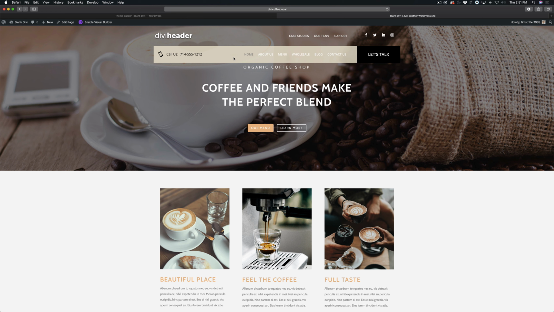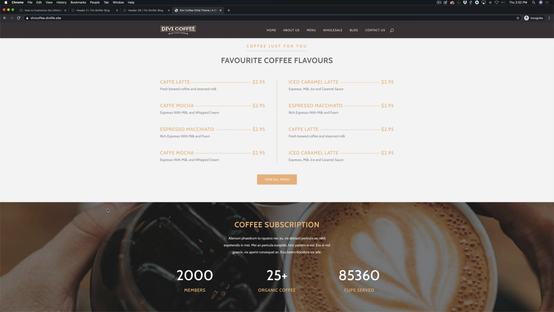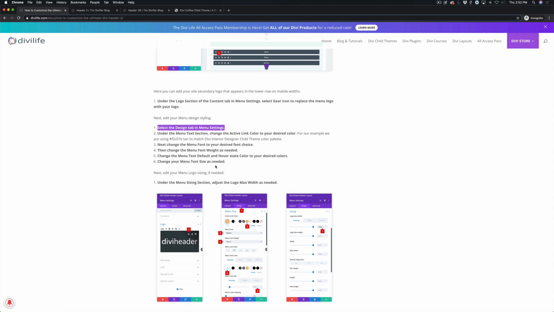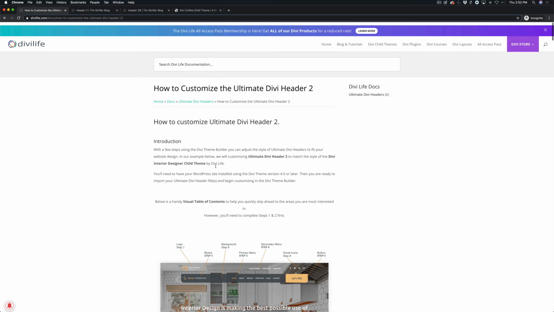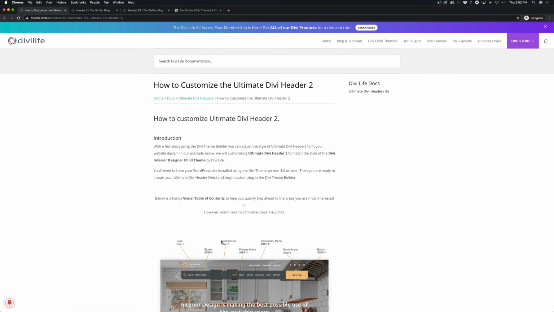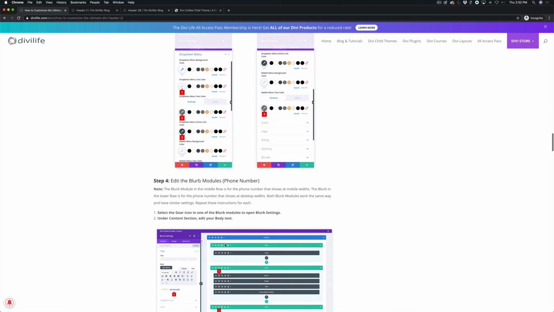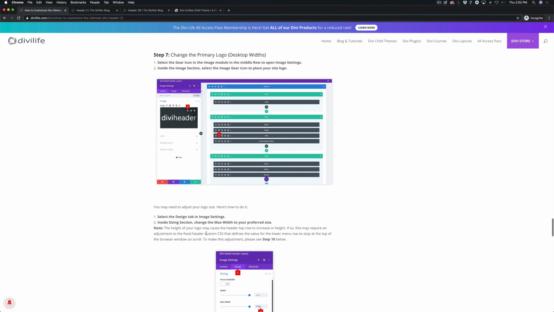Okay, so that's looking the way we want. It doesn't look great yet because we haven't gotten to the step of actually customizing this. I'm actually going to jump ahead of the documentation. The documentation kind of systematically takes you through how to change everything. However, I want to change that background color so it's going to start to look better. So I'm going to jump down to step 9 as it walks us through how to change